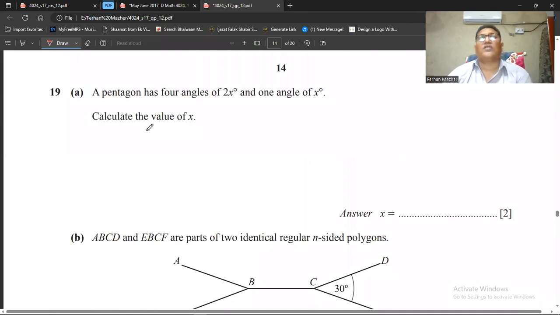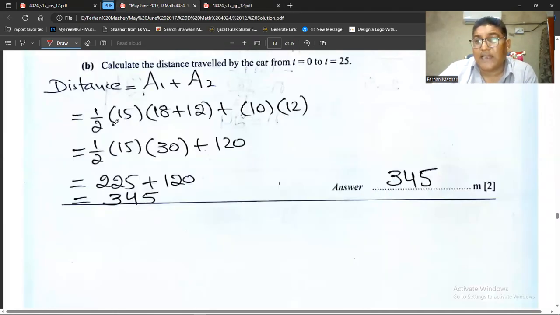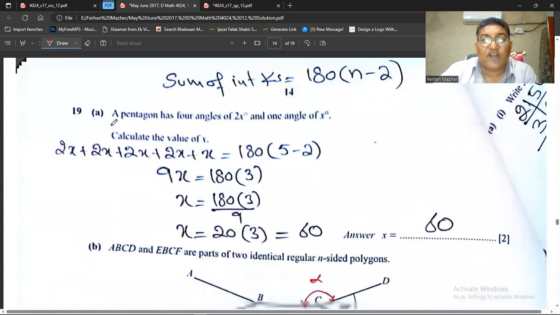Okay, now we are on question number 19, part A. A pentagon has four angles of 2x and one angle of x. Calculate the value of x. You know how to find the sum of the angles of a pentagon: 180 bracket n minus 2 bracket close. And in the place of n, I will put 5. So we will have 2x plus 2x plus 2x plus 2x plus x, because a pentagon has 5 internal angles,